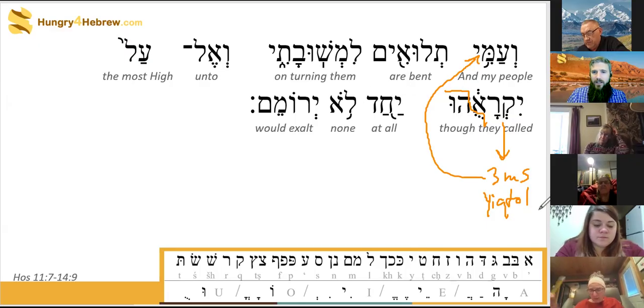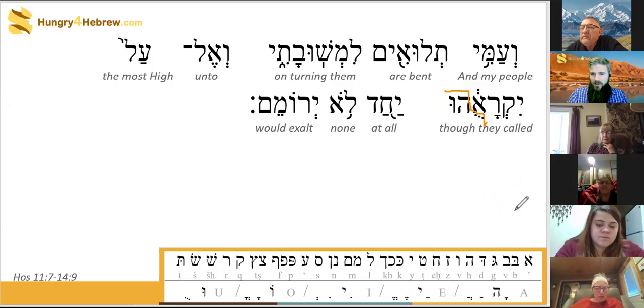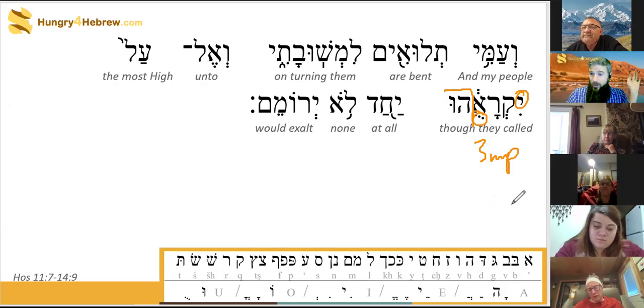Oh, fair. Yikra'u. Okay, see, that's what I'm overlooking. So that means I was wrong. We were all wrong. The hu is the suffix, and the ye'u makes it 3MP. Ah, okay. So erase all that. He's treating this as a plural. They call him,